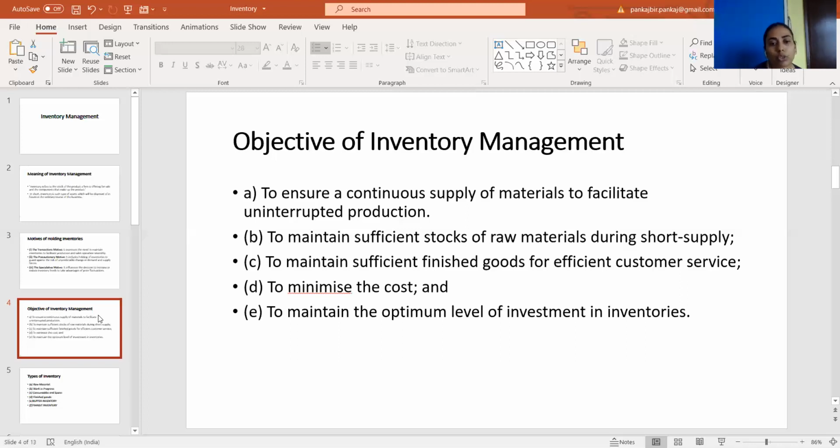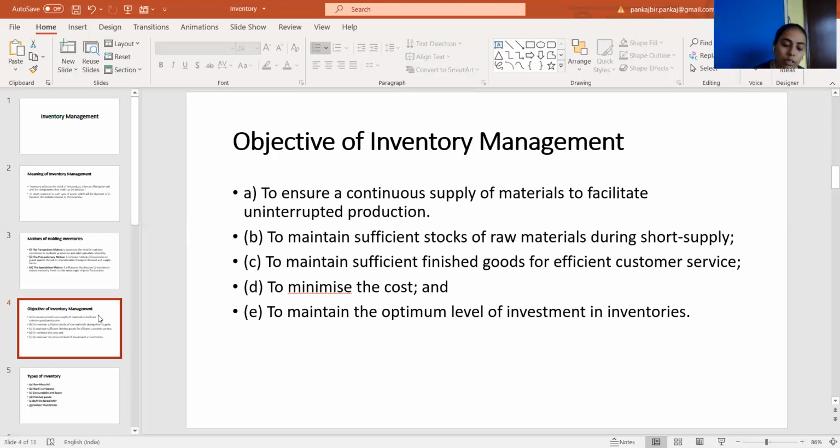And the last objective is to maintain optimum level of investment in the inventory. See, if you are holding any kind of inventory, you are involving certain kind of cost in it, so it will occupy certain capital or the cost of your organization. So the optimum level of inventory should be held by an organization to minimize the cost of holding inventory, as well as to gain profit from the market in case of any ups and downs in the price of the